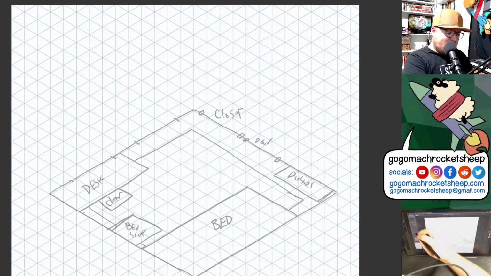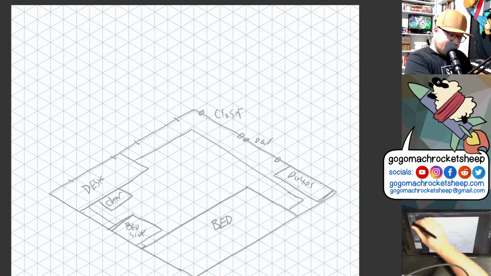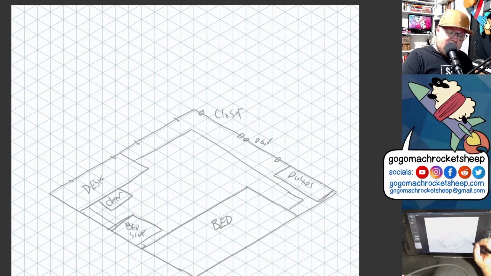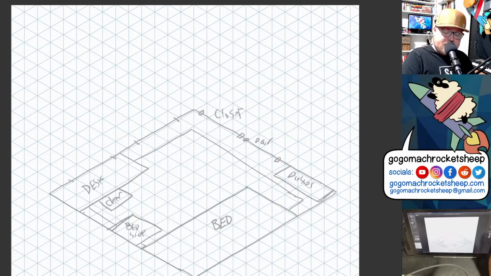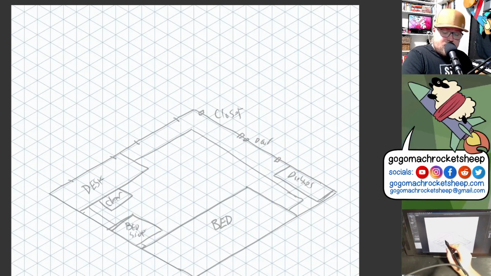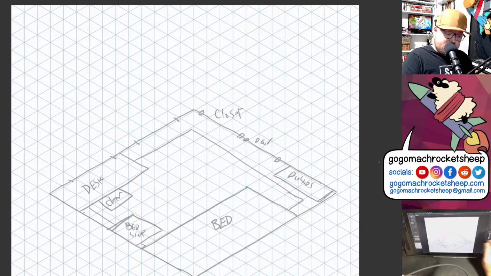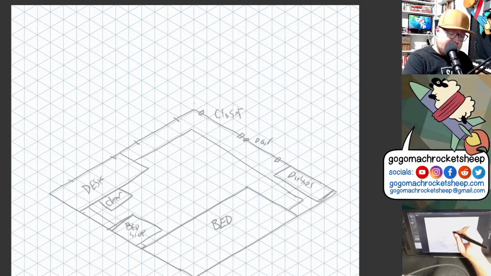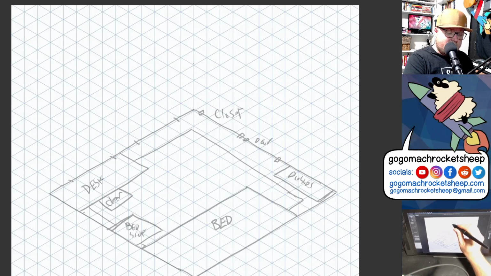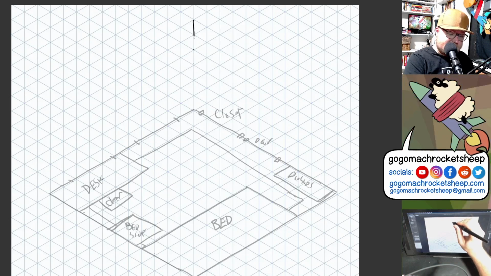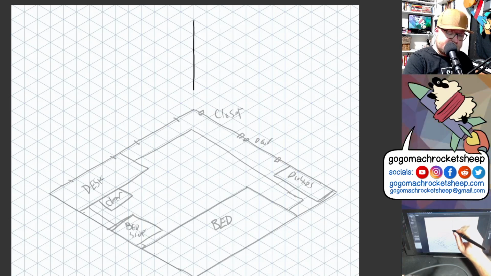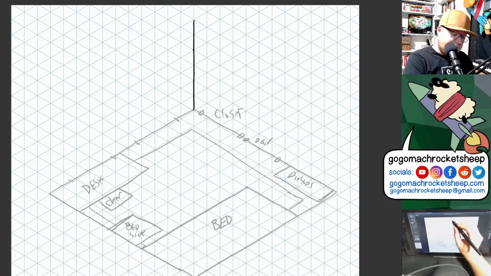Hard mode. So hard mode is now going to be taking this room that we drew and stretching it out to look proper in an isometric 3D space. Okay, so we have our original layout here that we did, and so now we have to build this room up. So let's say 1, 2, 3, 4, 5, 6, 7. Let's say that it's 7 units tall. So then in the corner here,